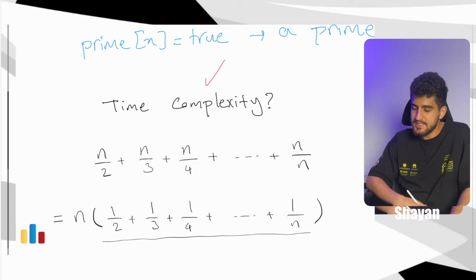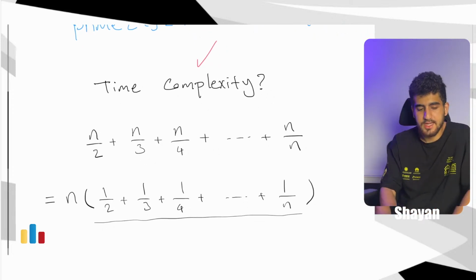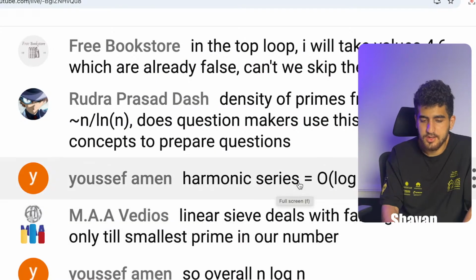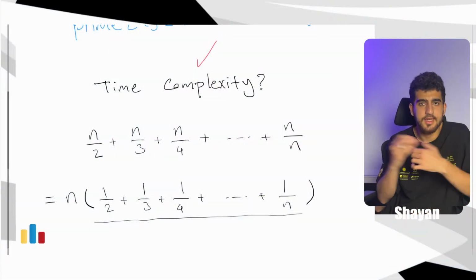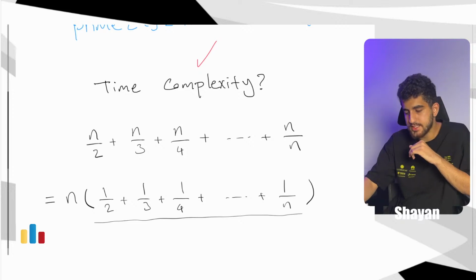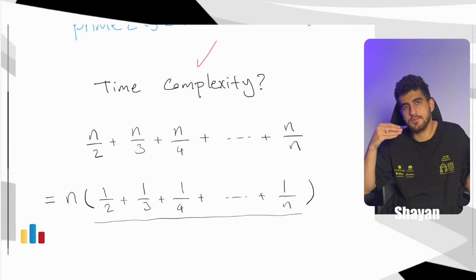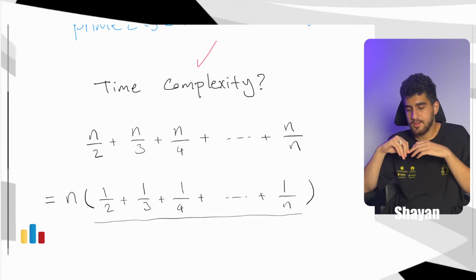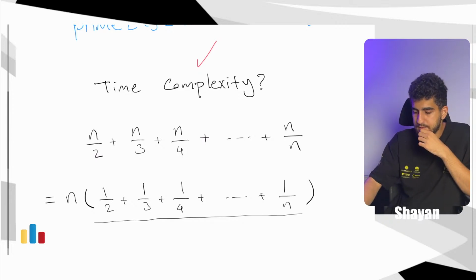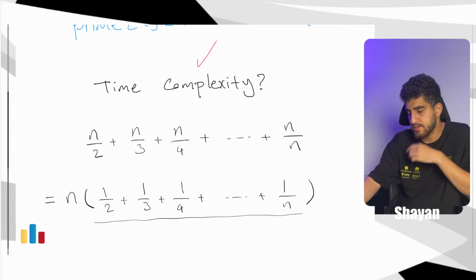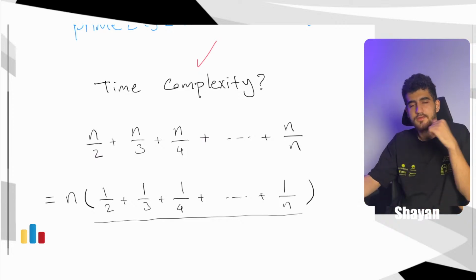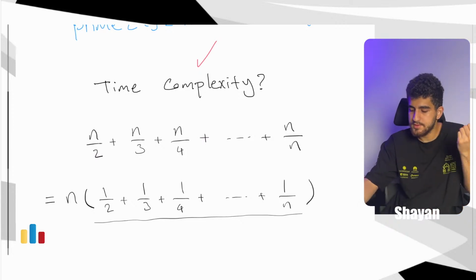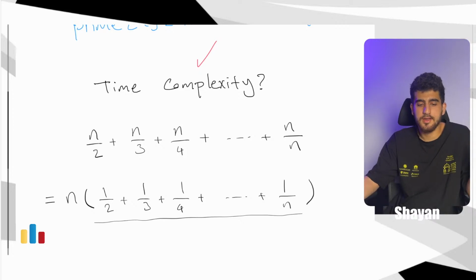It is called, yes, as you said, you're right about it. It's called the harmonic series. And we want to show that it is small. It is not really a lot. So if I show that it is small and it is not a lot, I show that my algorithm is fast. So we have n/2 plus n/3 plus n/4 up to n over n, which is equal to n times 1/2 plus 1/3 plus 1/4 up to 1 over n. And we want to show that this number is relatively small. If we show that it is small, we show that our algorithm is fast.